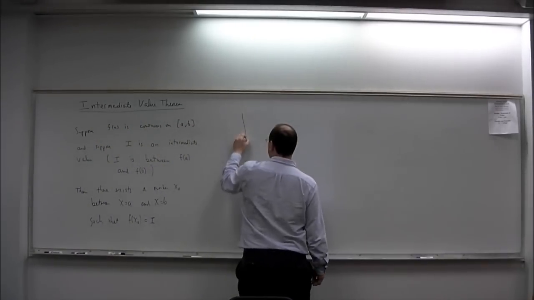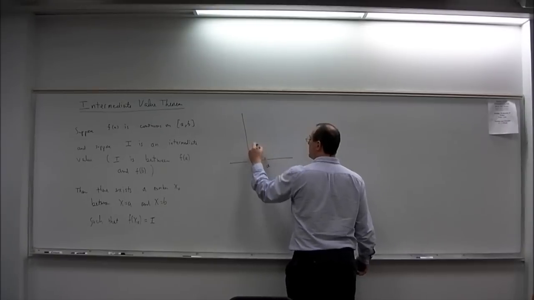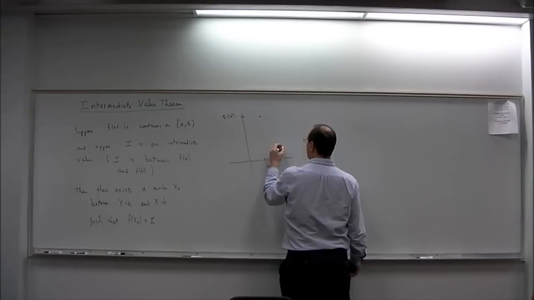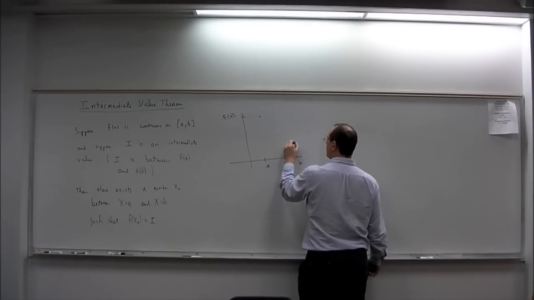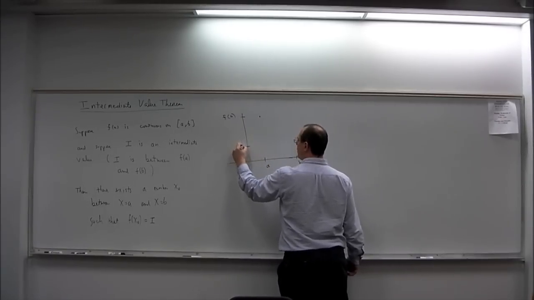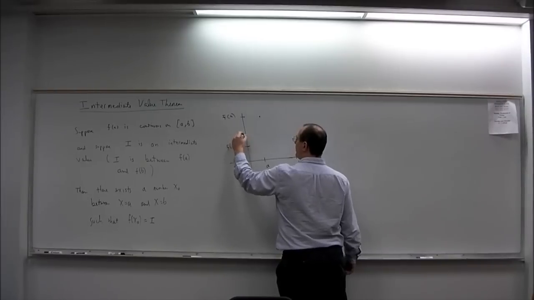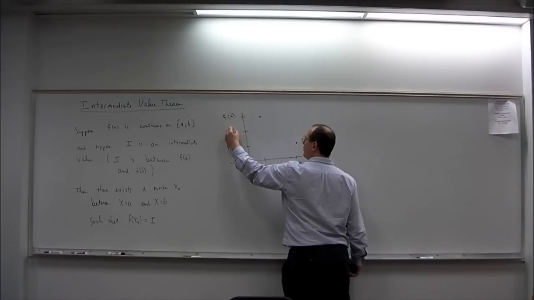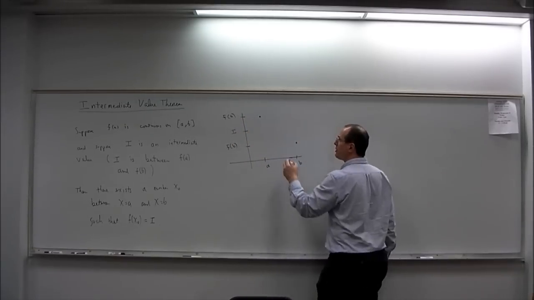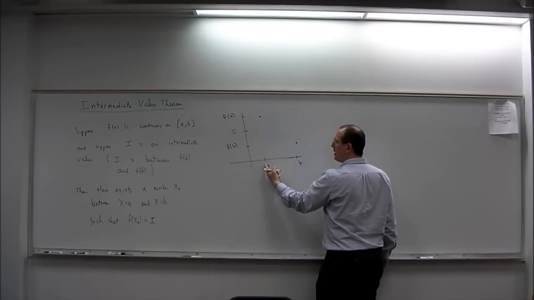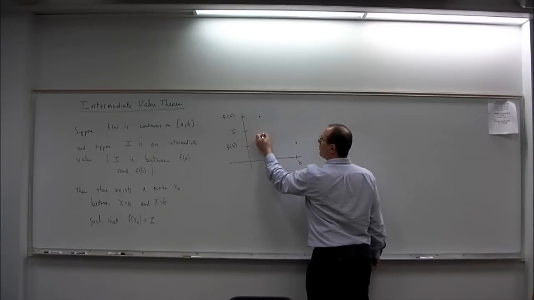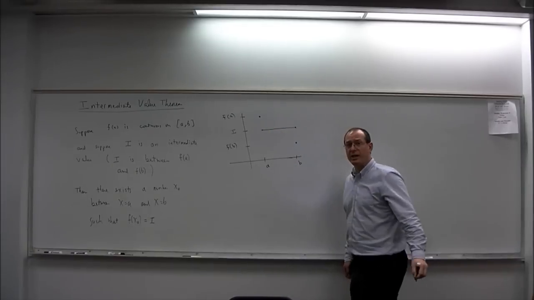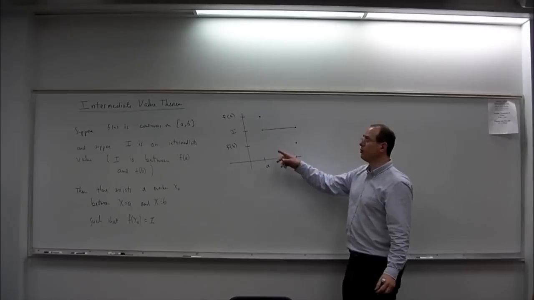The picture associated with this, let's say this is a, and let's say this height here is f of a, and let's say this is b, and let's put f of b down here, and let's put I somewhere in between f of a and f of b, an intermediate value. Then if we draw a horizontal line at the height I over the interval from a to b, so a horizontal line like that at the height I,